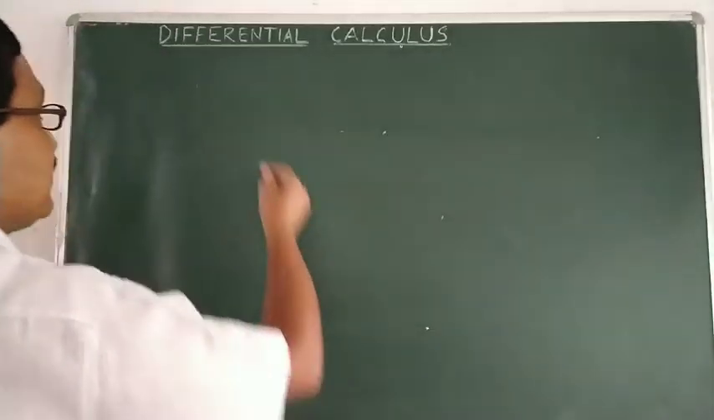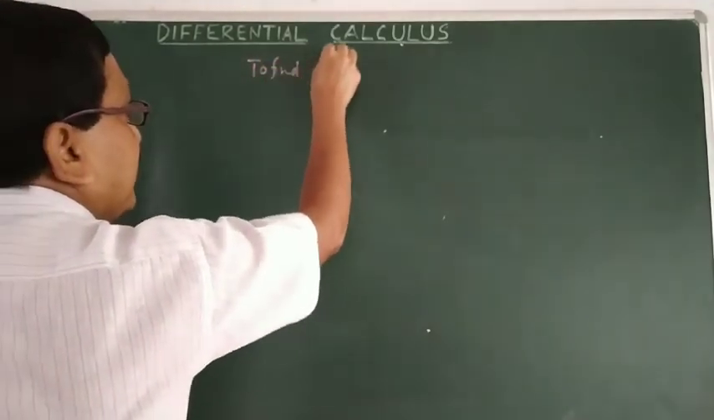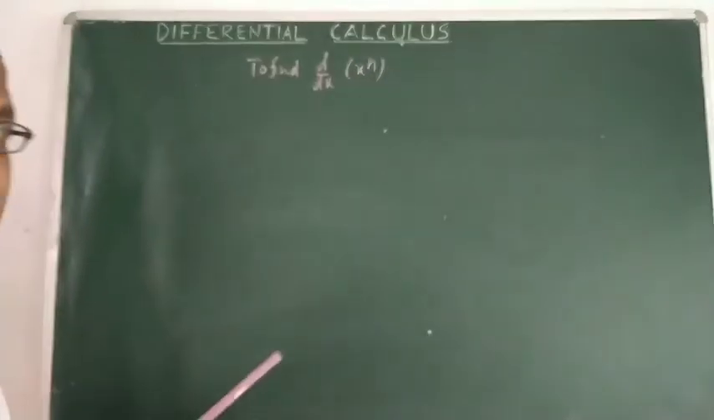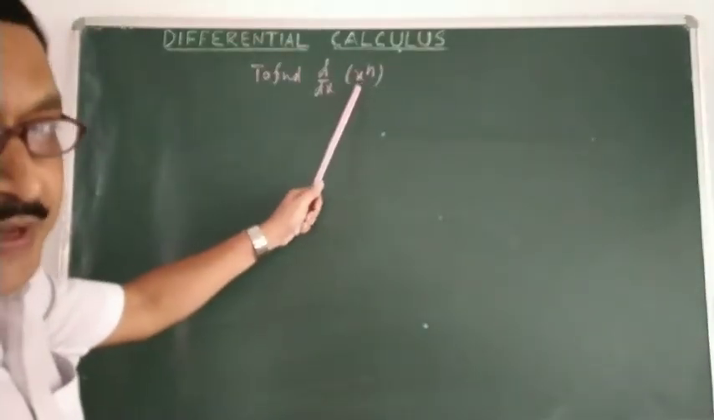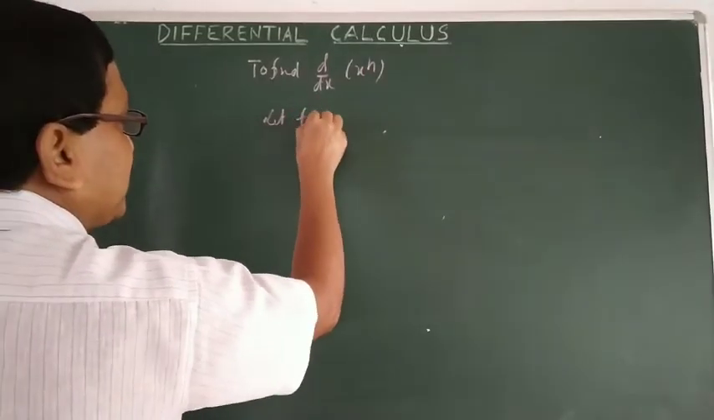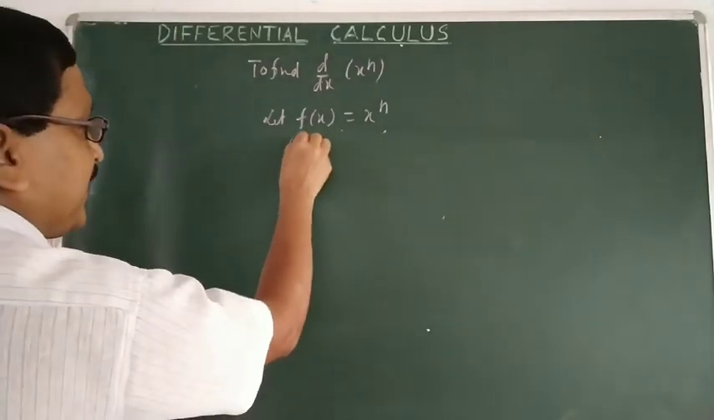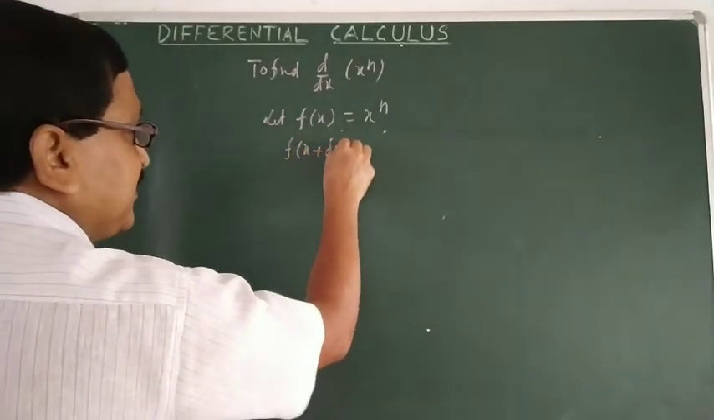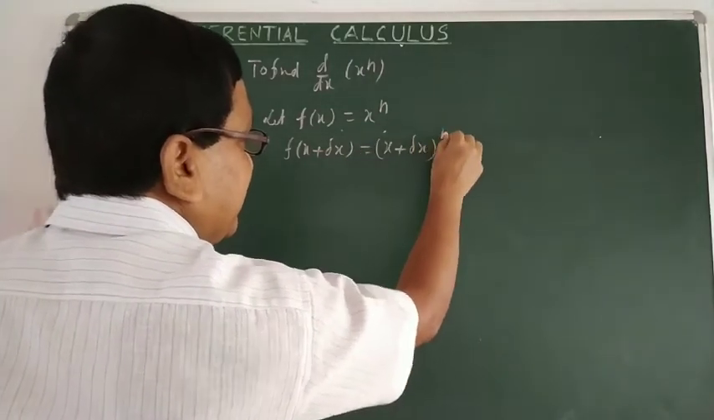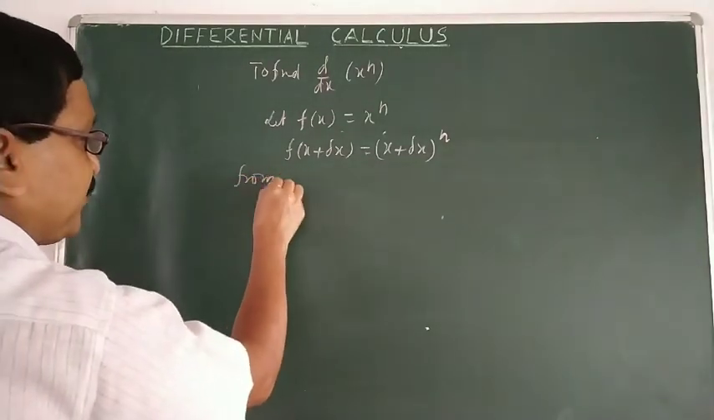Now the first problem I am going to start. The first is to find d by dx of x^n. So let y be a function of x, y is equal to f(x). So let f(x) be equal to x^n. Now you know that f(x plus delta x) is equal to (x plus delta x) to the power n. And after that, from first principle,